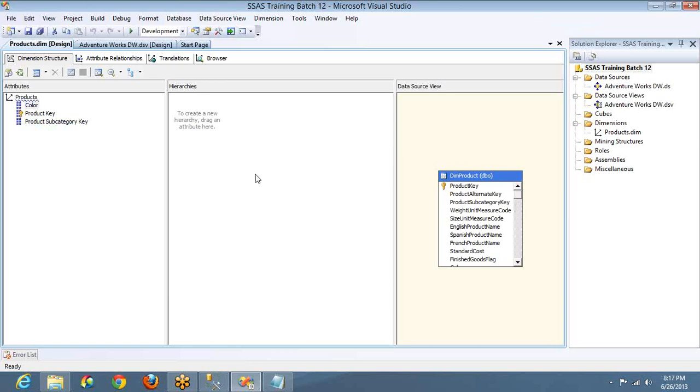So where do I have to add the measure group? Here, in the same dimension, or somewhere else? I'll show you that. Measure groups are the measures or metrics. All these names belong to only one type of data, that is transaction data. So measure groups will be added in the cube.